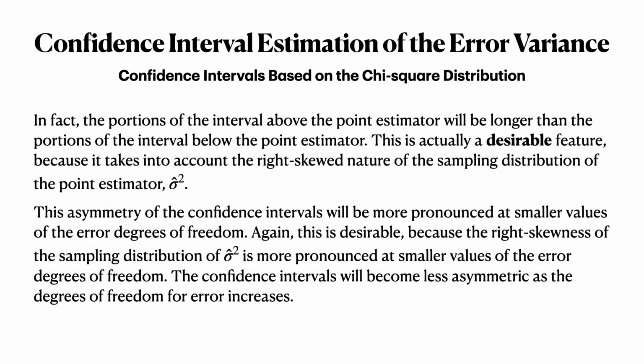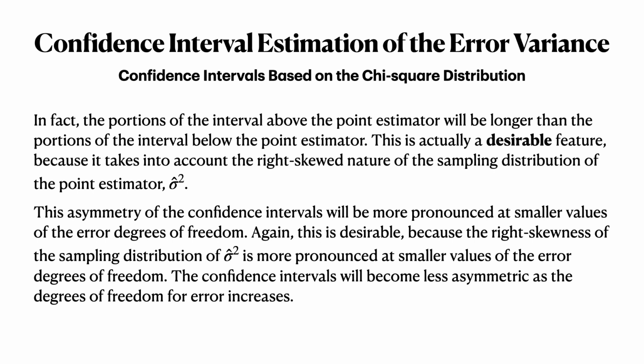In fact, the portions of the interval above the point estimator will be longer than the portions of the interval below the point estimator. Now, this is actually a desirable feature because it takes into account the right-skewed nature of the sampling distribution of the point estimator sigma hat squared. Because again, under this assumption of normality, the sampling distribution of sigma hat squared is a right-skewed distribution, in particular